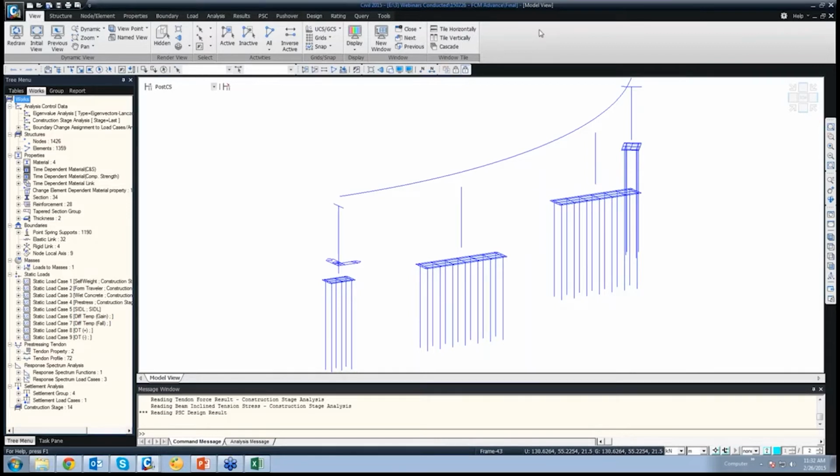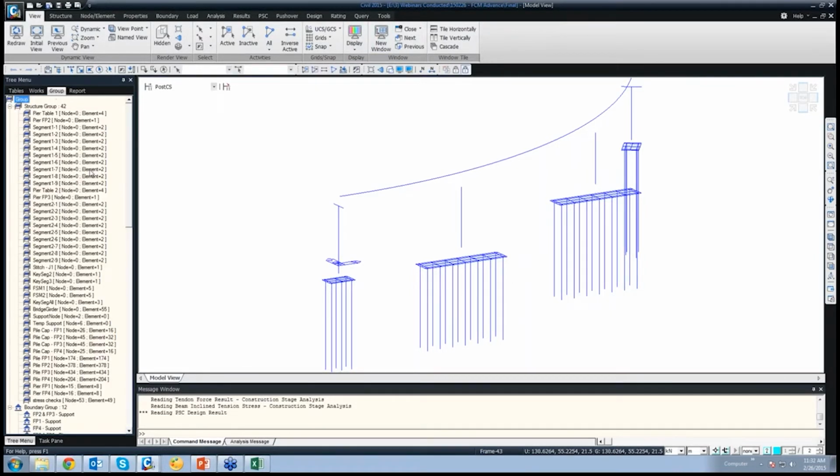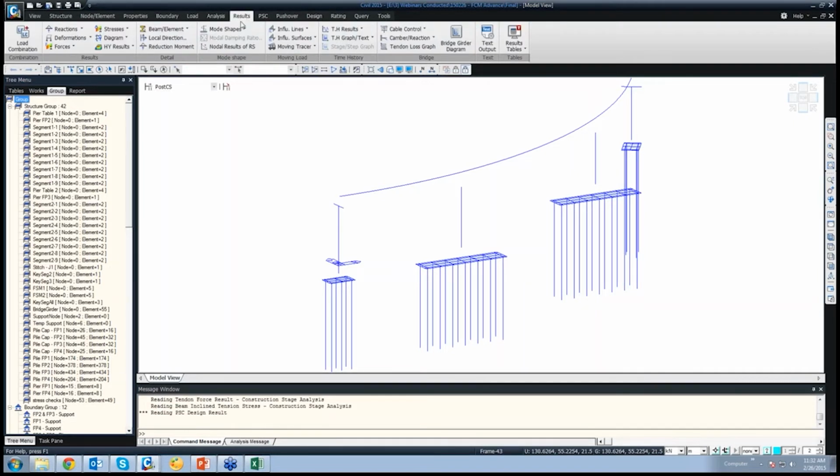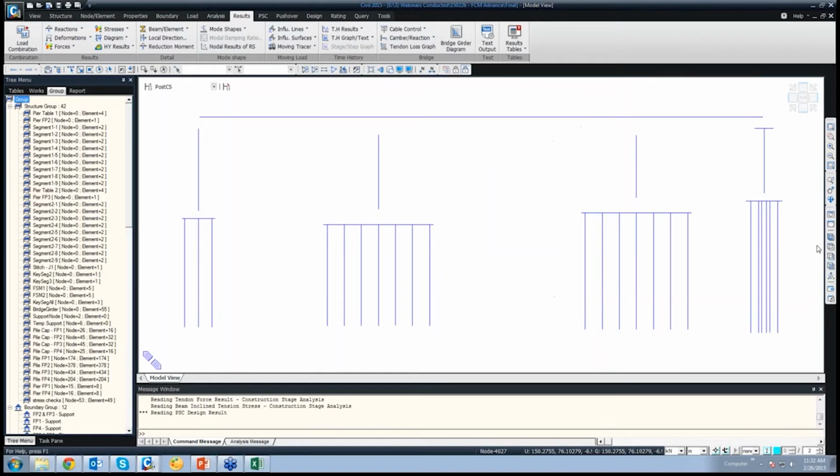Now to check the camber, first the analysis needs to be performed. Then a certain set of structure groups are to be created. The groups that are created for the camber correction, or rather camber checking, are the main girder elements, that is the box girder group, wherein all the girders are there.